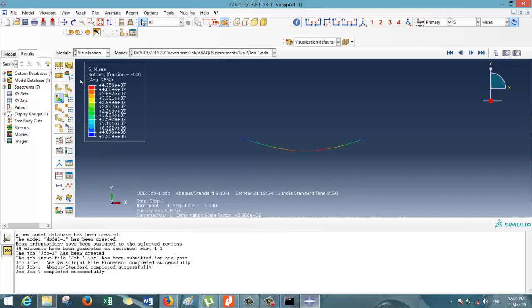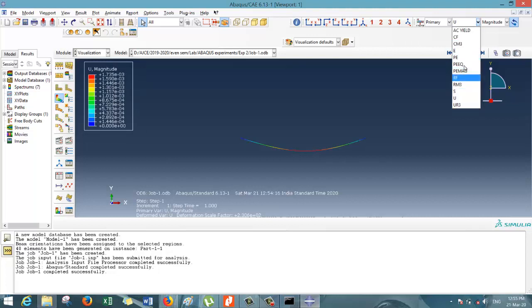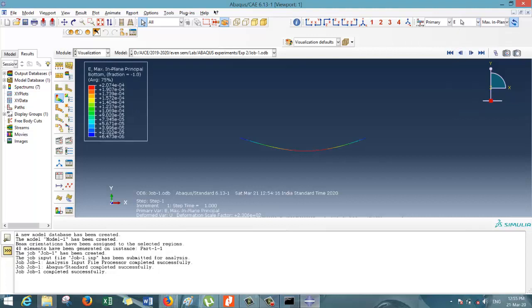So now you can see how the stress is distributed along this beam due to this point load and uniformly distributed load. So this is your stress, shear, displacement. So it is the strain and reaction force.